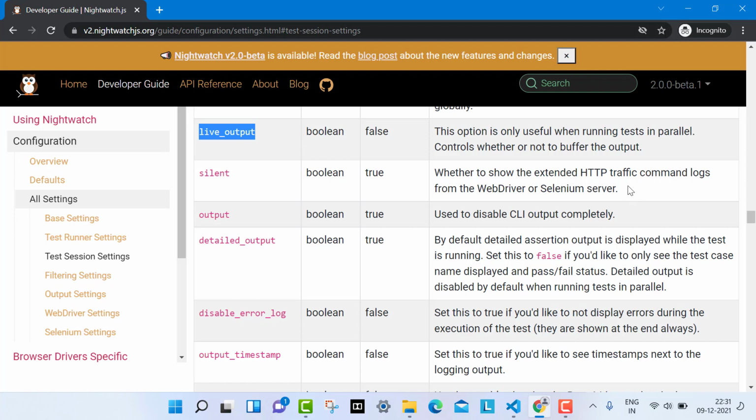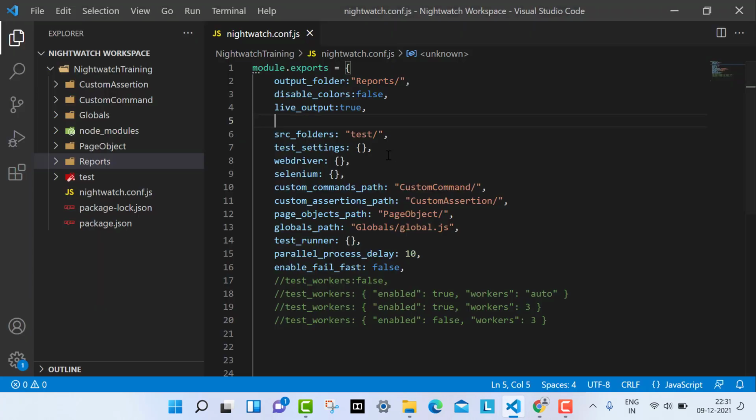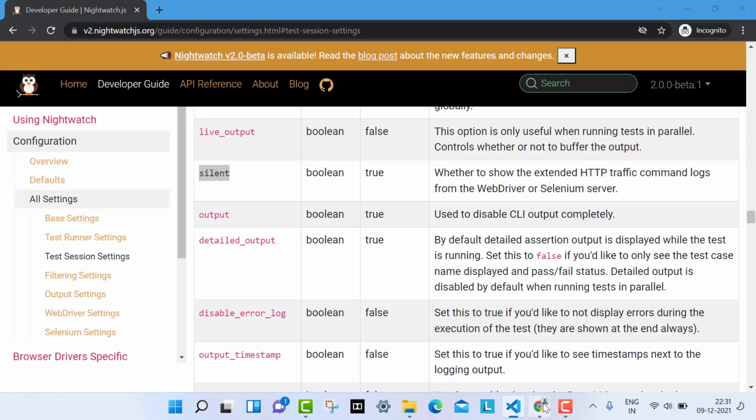If you want to see these extended HTTP command logs coming from the WebDriver or Selenium server, then you have to make it false, otherwise leave it true. I don't want so many extra logs, so I will make it true.